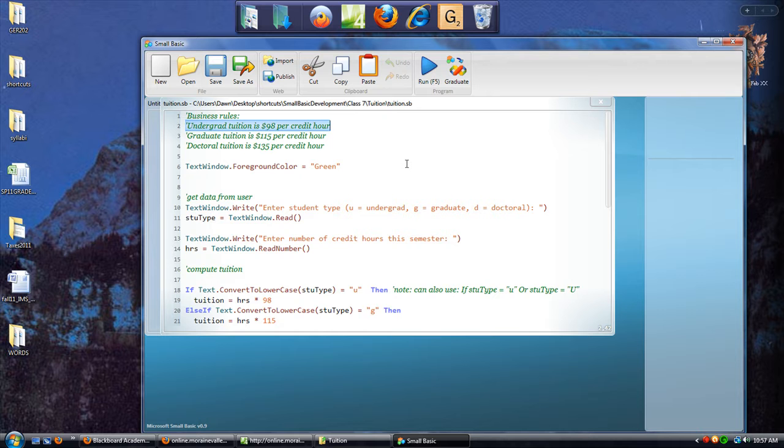Undergraduate tuition is $98 per credit hour. A graduate student will pay $115 per credit hour. And then doctoral students will pay $135 per credit hour. Okay, this is just another console application. It's actually simpler than the car insurance application that we just talked about in the previous video, but let me